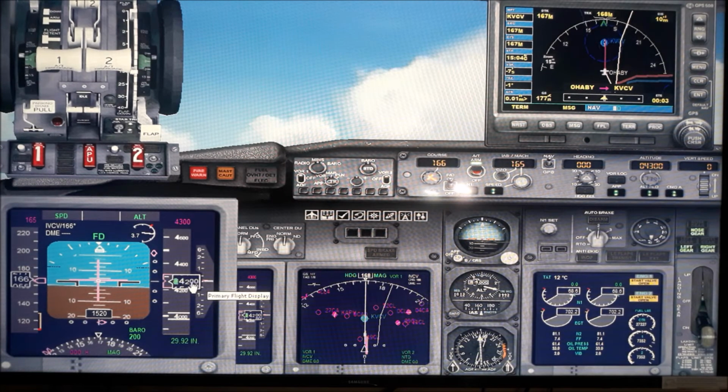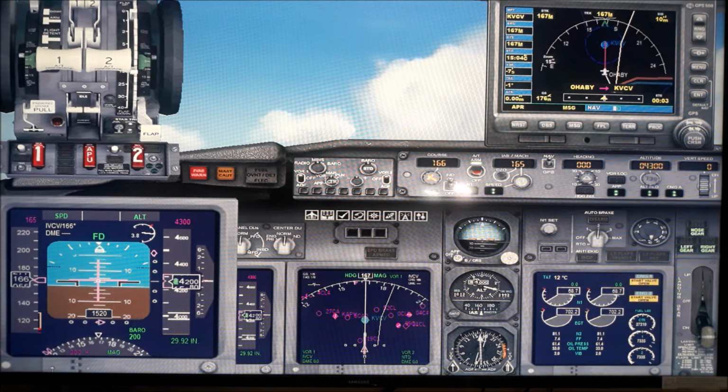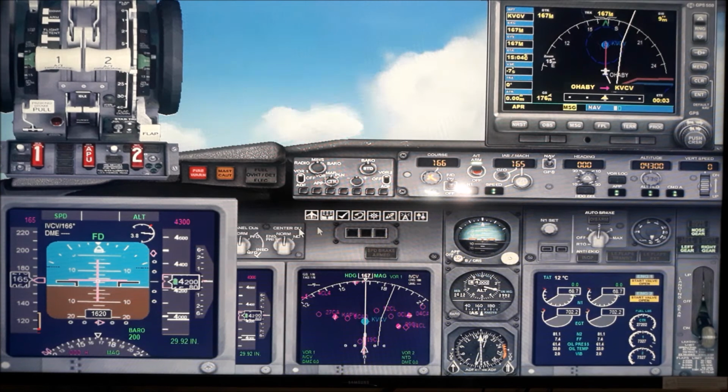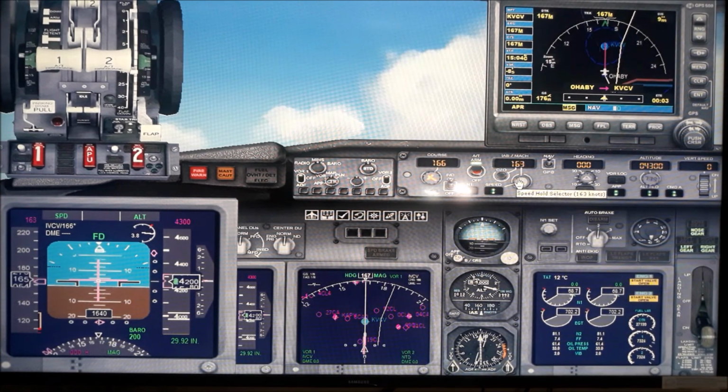Now this is no more relevant at the moment. I will be concentrating on this. At around 200 feet, I will cut off the autopilot, then allow the plane to touch down. See, it has already captured the center line beautifully. Now I will reduce the speed to the landing speed, which is 140, 142, let us say. So I have set everything here.